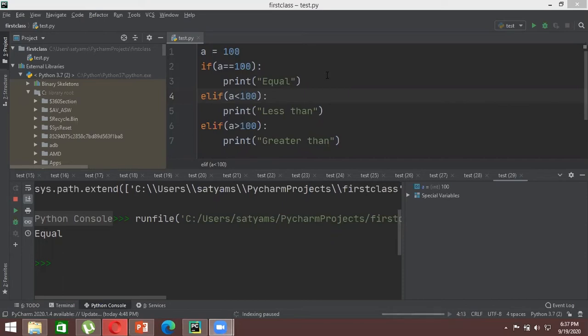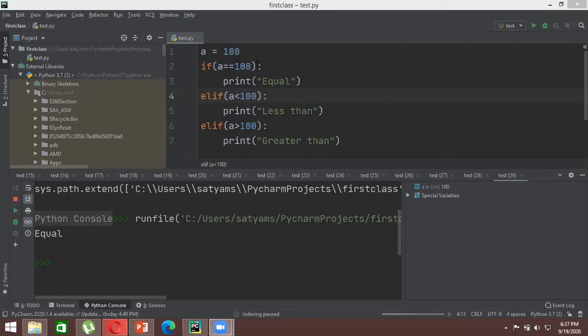Okay, cool. So what I was just explaining was, what happens in an elif statement is it first understands the input to the variable. It goes to the very first condition that the user has given, that is a is equal to 100. So Python says, okay, this statement is true because the value of the variable is 100. So Python won't go for the second and the third condition. It will just go for the first condition, and it will give you an output as equal.